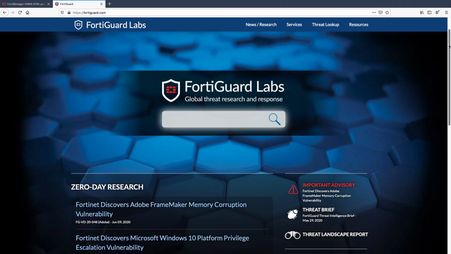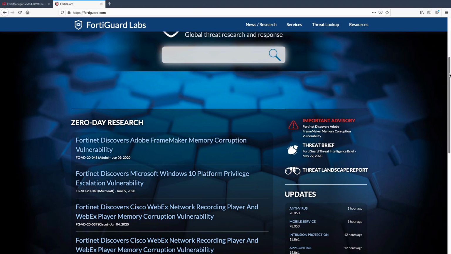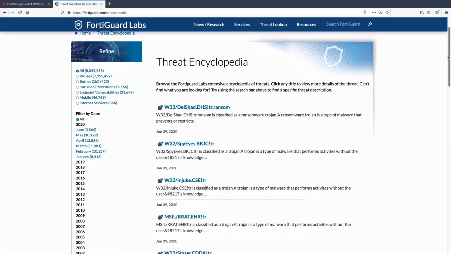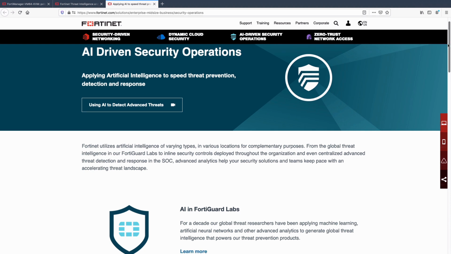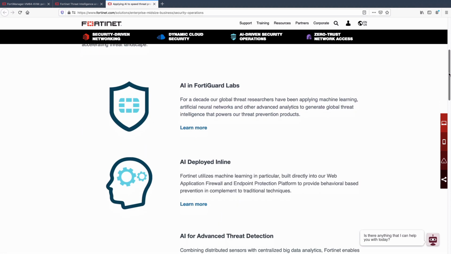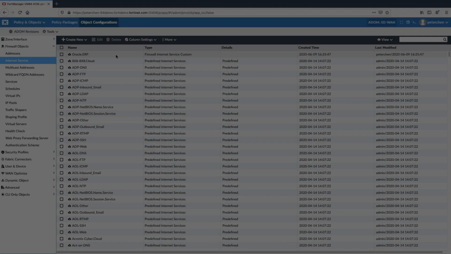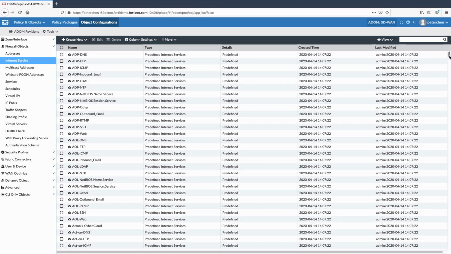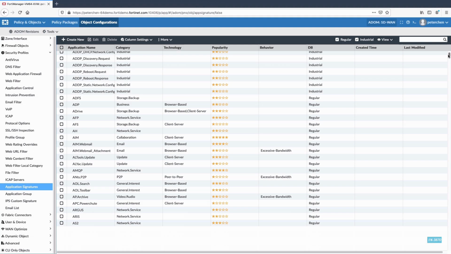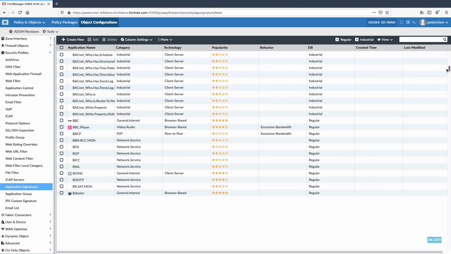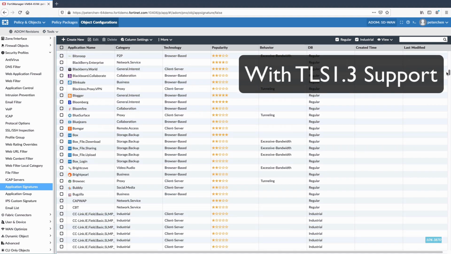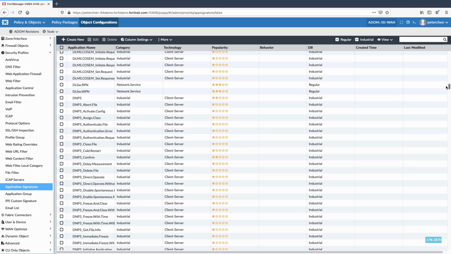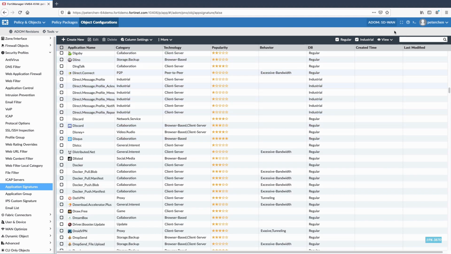Our SD-WAN currently identifies over 5,000 apps which are classified and updated daily by our threat research team, FortiGuard Labs, using AI and ML techniques to process data collected by our 4 million global sensors. Our application detection uses multiple techniques, such as first packet identification and deep packet inspection, using both full SSL inspection and SSL certificate inspection. Once applications are identified, that application flow is sent down the correct WAN path according to